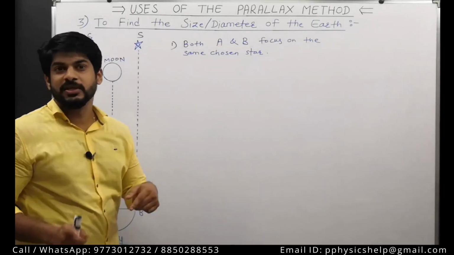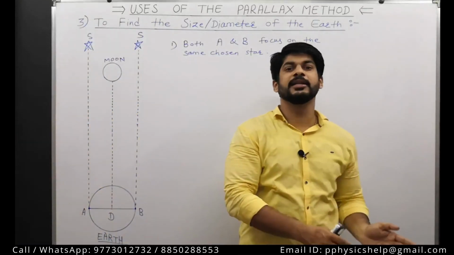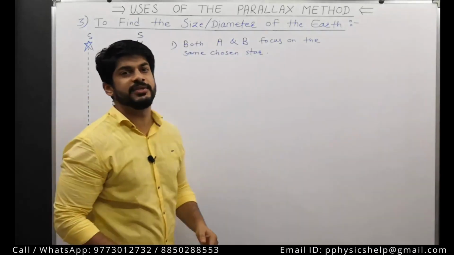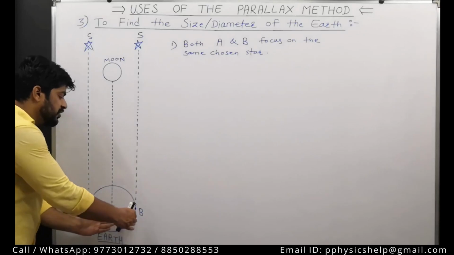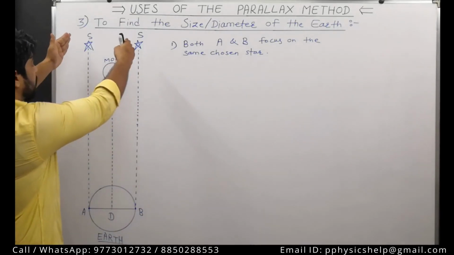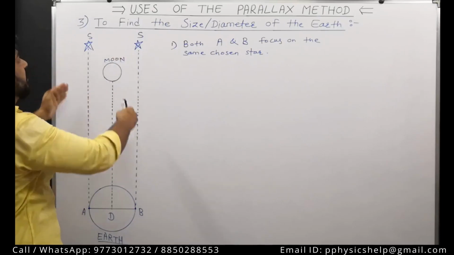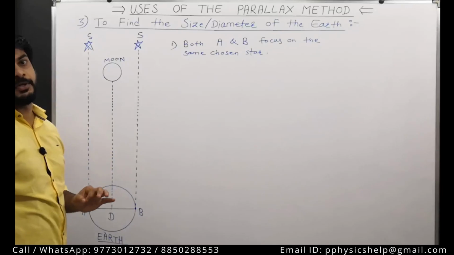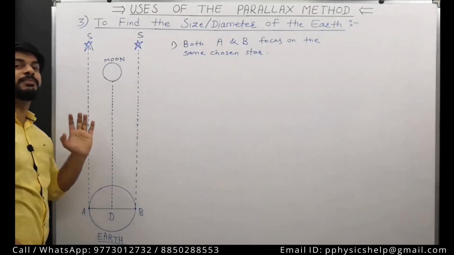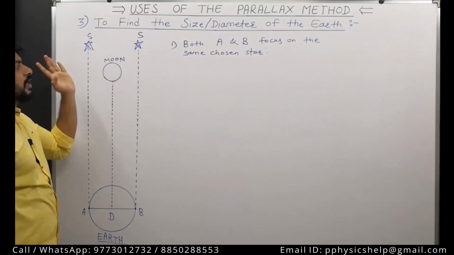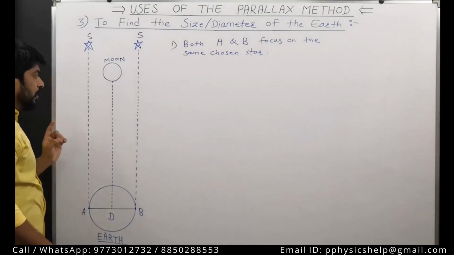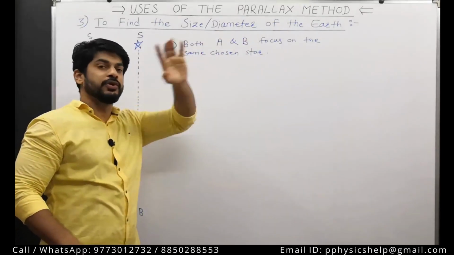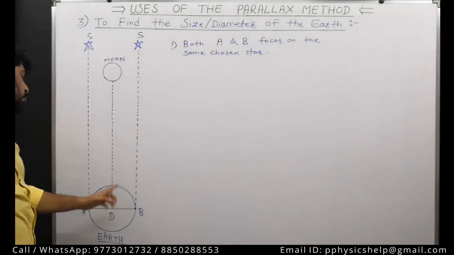Just like we see the sun. Even if you move here a little, you find the sun in the same direction. So the same is happening over here. You move here or here, the very far star appears in the same direction to both of these observatories. So it's just the same star that you are seeing here. So the first step is done. Both of them are focusing on the same star from their own locations.